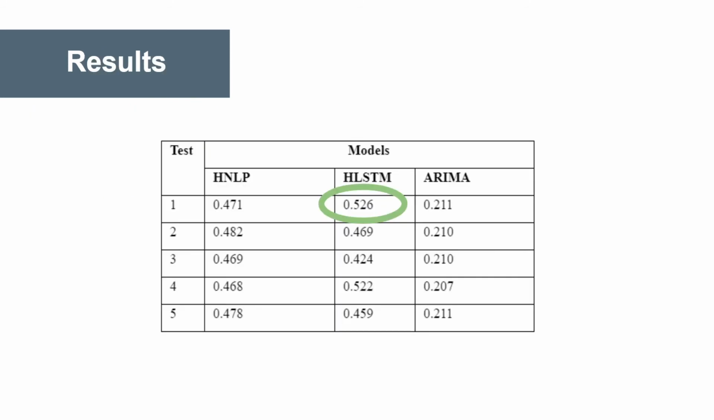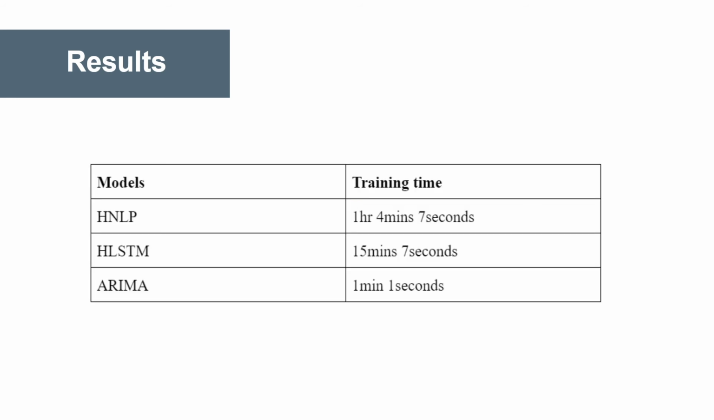We placed the models through 5 independent tests. HLSTM had the best F1 score of 0.53, with HNLP coming in at a close second. In terms of performance by training time, HLSTM and ARIMA had acceptably low training time, while HNLP took slightly more